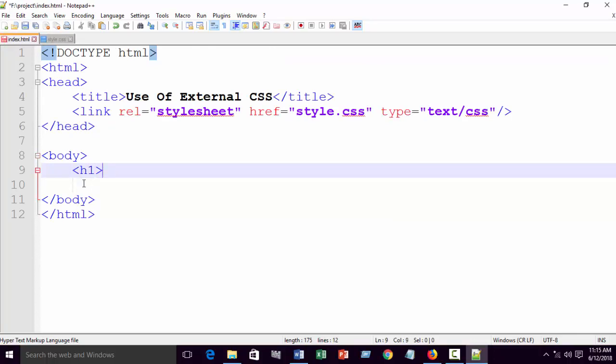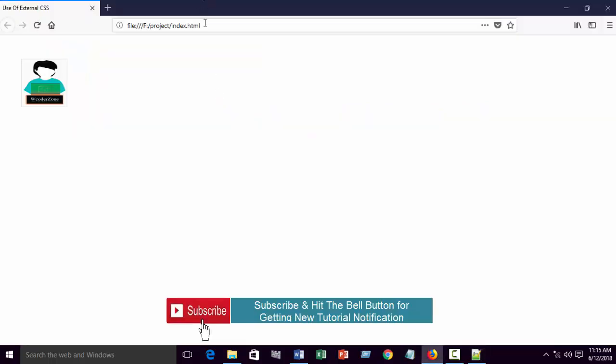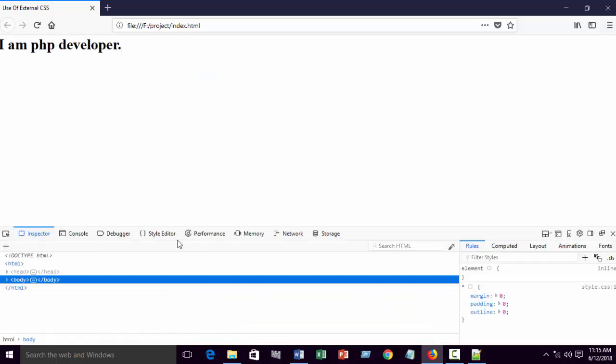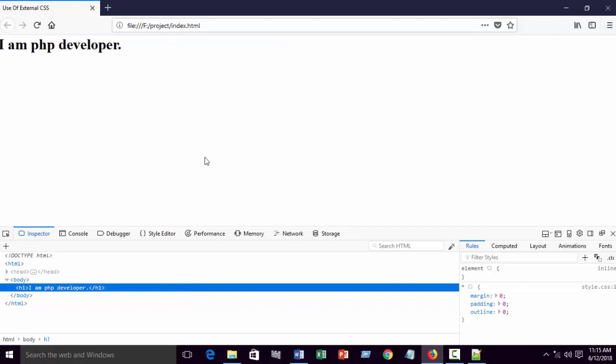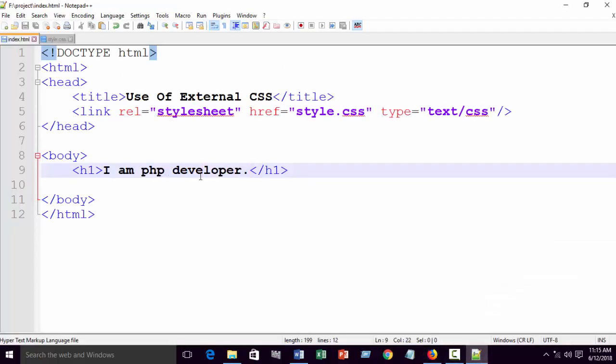First, h1. Suppose h1 is a block level element. Write I am PHP developer, and refresh your browser. You can see I am PHP developer. When you click here, you can see it takes the full width. How can it understand? Now also write